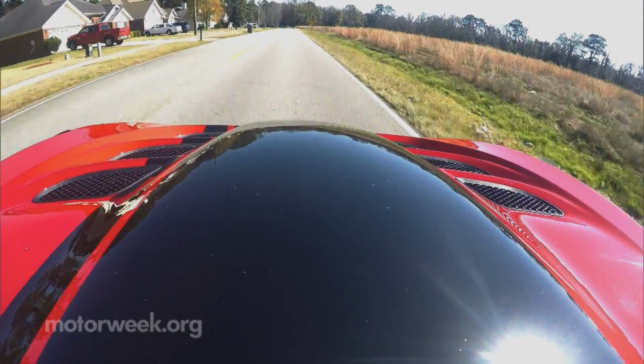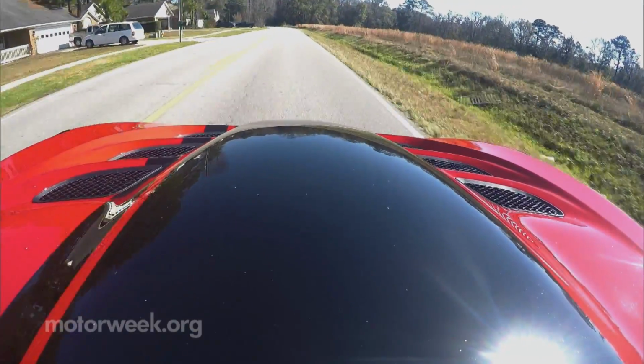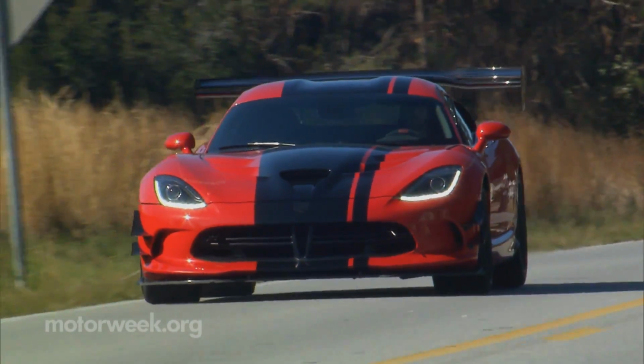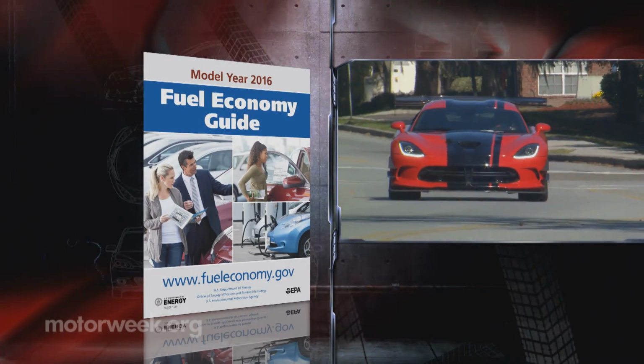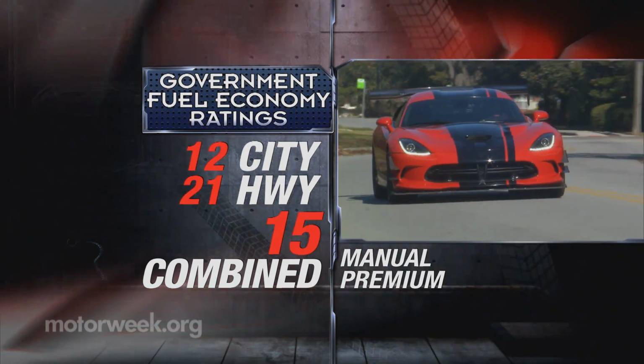If you go full throttle and notice a temperature change, it's the Viper turning the AC off for you in order to divert all possible power from the engine to the rear wheels with little concern for your comfort. Government fuel economy ratings are 12 city, 21 highway, and 15 combined, and somewhat less on the track. Pricing starts at